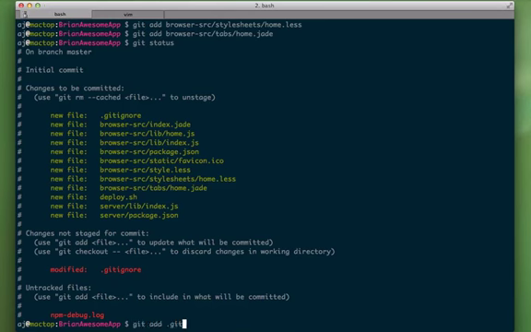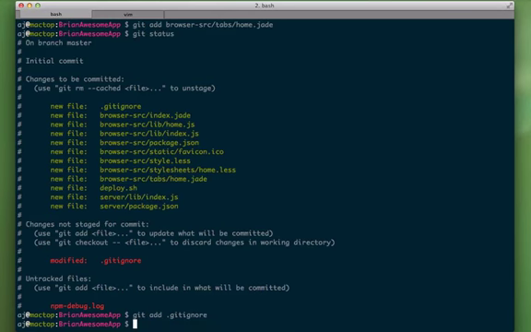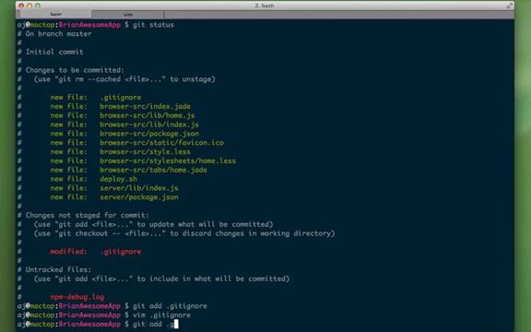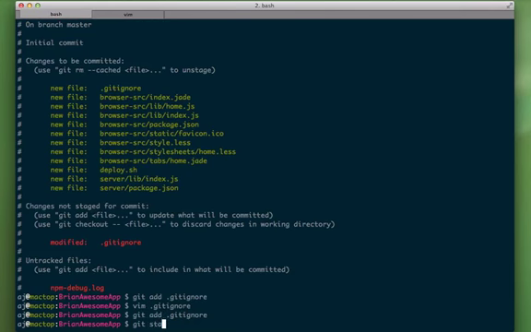So I've made changes to .gitignore. I need to add that again. Actually, first I should have edited it, because every once in a while you get these npm debug logs, because something was wrong with the npm command. So anyway, I say I want to ignore all those things, and then when I do git